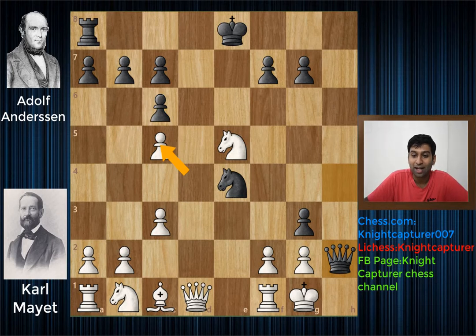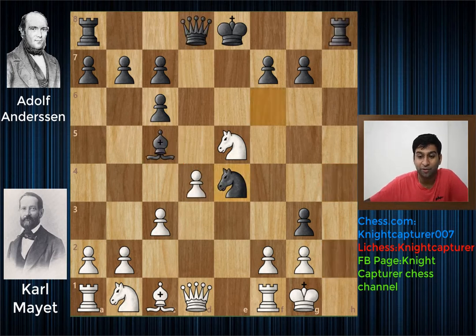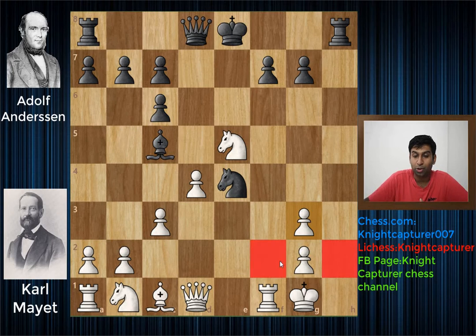So going back, after knight to e4, what is the correct move? And again, if you have some time, pause the video and try to find the correct move for white. The correct move for white is f takes g3. Just eliminating this pawn entirely, not allowing any threats, and the pawn is no longer controlling these 2 squares, so